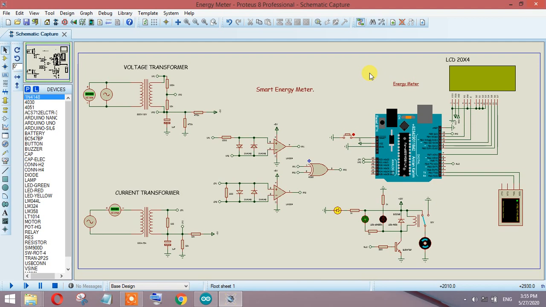We can use the ACS712 current sensor as well, but to demonstrate over here I am using a current transformer. The same circuit gives the signal to the Arduino. So we have both AC signals, then we are using a couple of circuits to measure the power factor, and that power factor is also given to Arduino pin number 13.